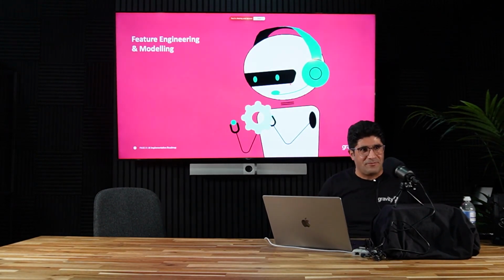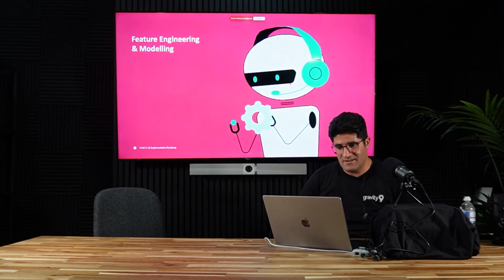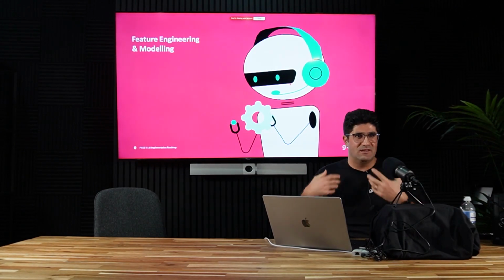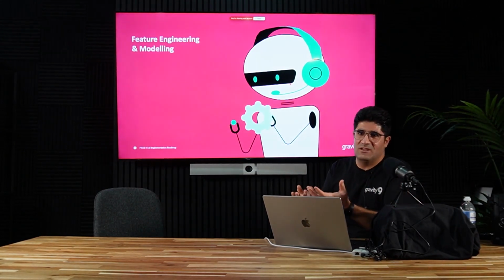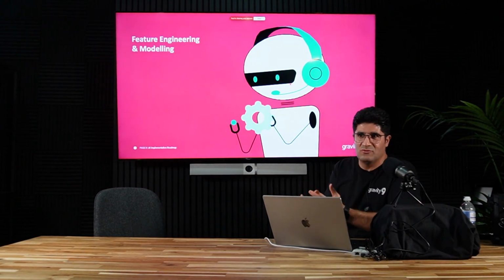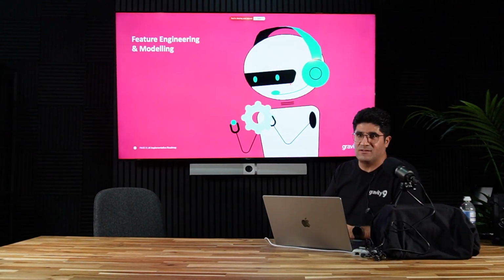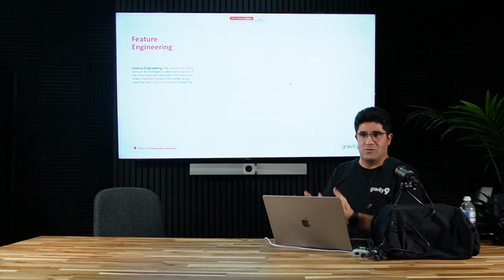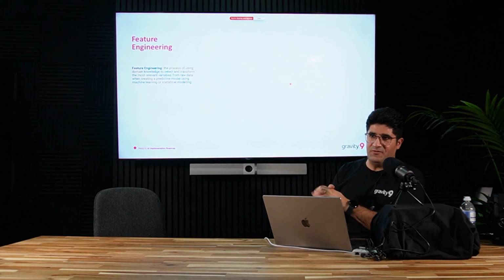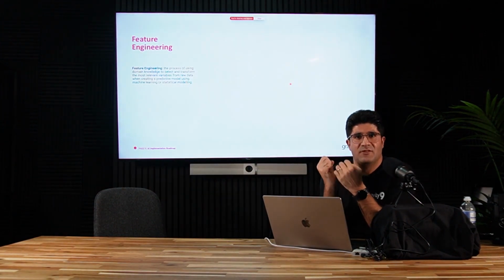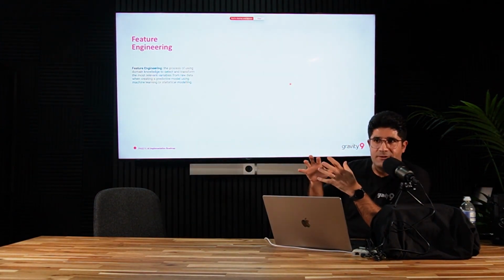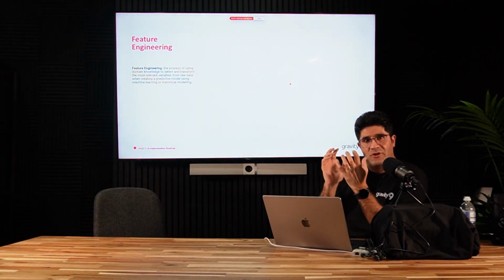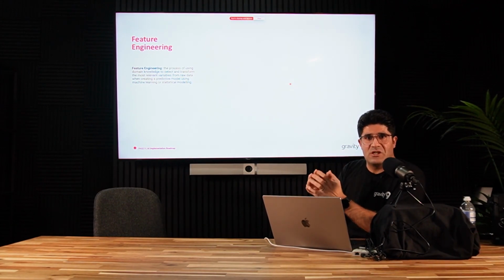Brilliant. So the next section is about feature engineering and modeling. Now we have the data. Okay, how can we give this data to the AI model to learn from and predict for us, or maybe generate something for us? We call this process feature engineering. In fact, feature engineering is the process where we use domain knowledge to transform and tweak the data into a format that is suitable for training.